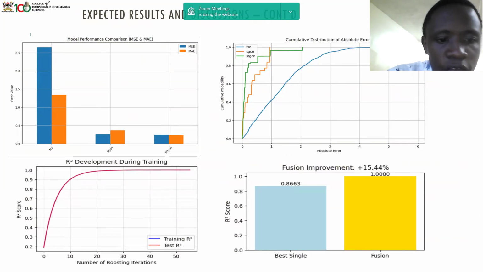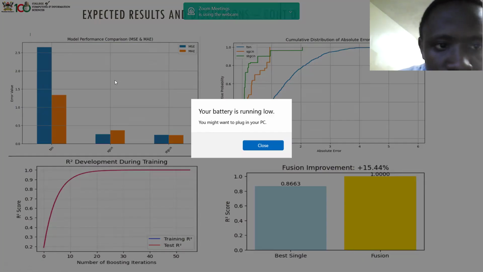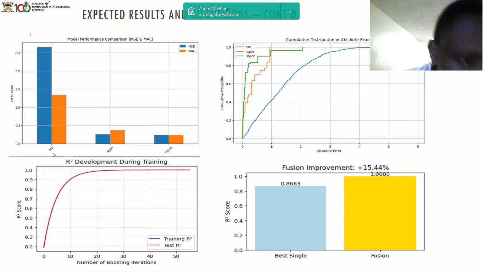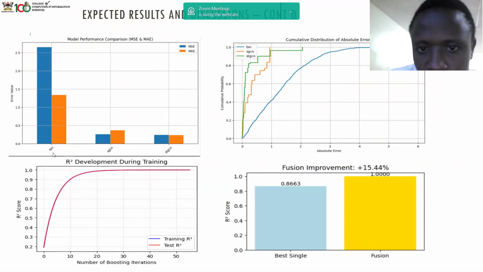So this was after we fused the models. You can see here is a graph for model performance. You can see that TSN performed better in fusion. Then here is a graph of the best single mode compared to the fusion mode. You can see that fusion actually was helpful. So as I move on,